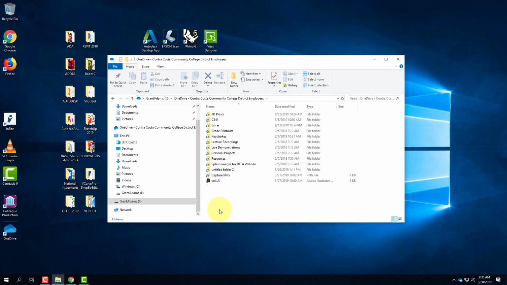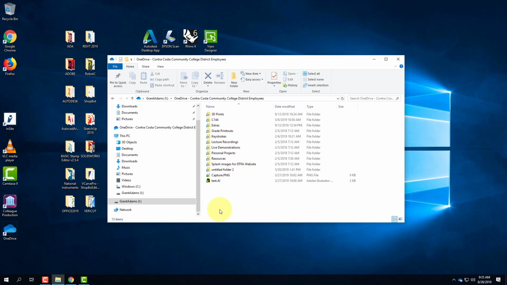Now, unfortunately, because these computers are frozen, when you come back in next class, you'll have to do this again. So when you first sit down on your computer every time, you have to start OneDrive and get it to sync to your flash drive. It's annoying, but there's no way around it because the computers are frozen. So it's just the way it works. We want to make sure that you guys get really comfortable and can do that. OneDrive will then sync all your files, and you'll make sure that you're backed up.